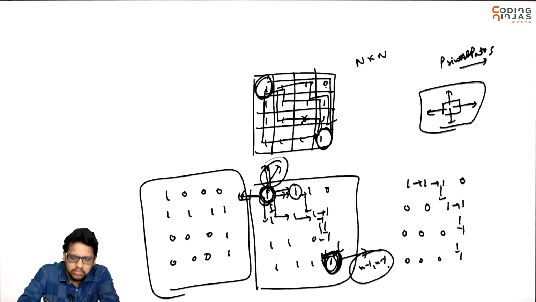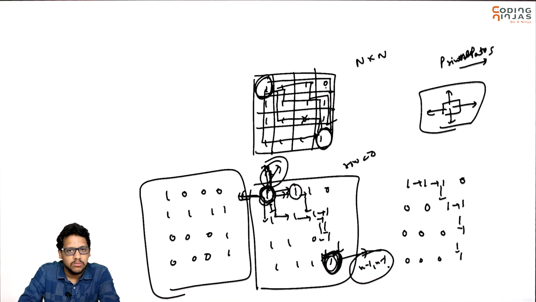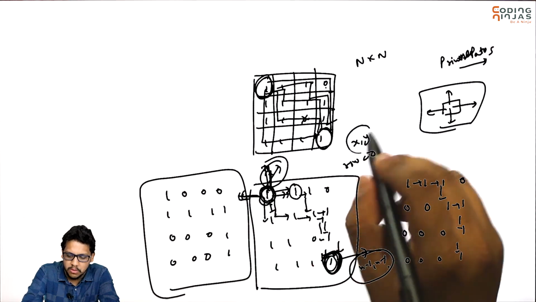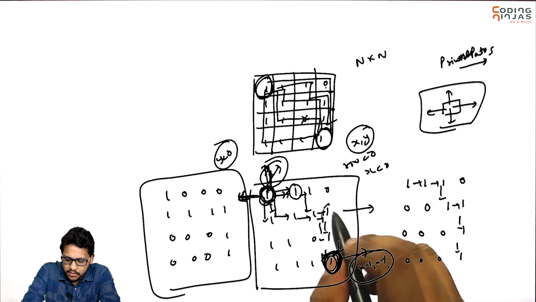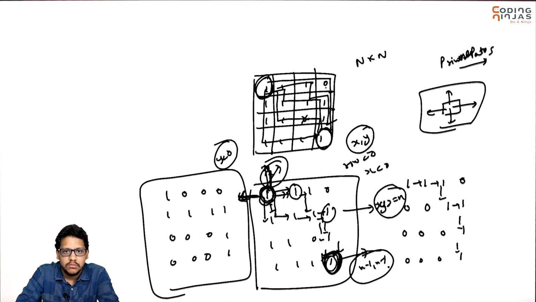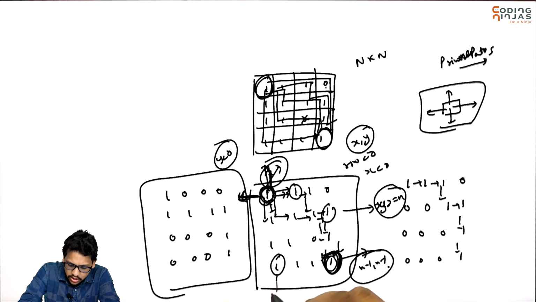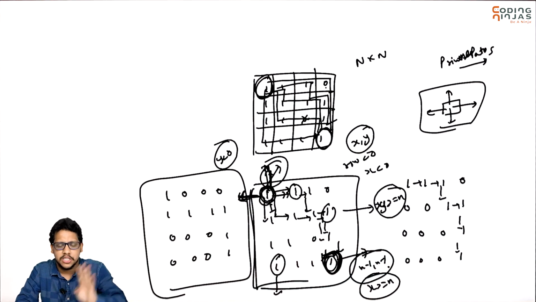If you move upwards from here, this row becomes less than 0. Let's say you are representing a point by x comma y, your x becomes less than 0. Here when you go left, your y becomes less than 0. Here when you call right, your y becomes greater than or equal to n. From here when you call down, x becomes greater than or equal to n. You cannot do anything here, so you need to stop at these 4 points, you will just return.